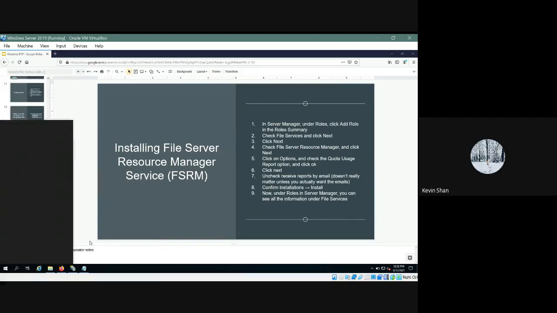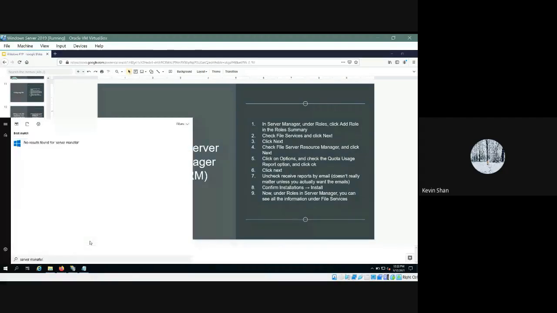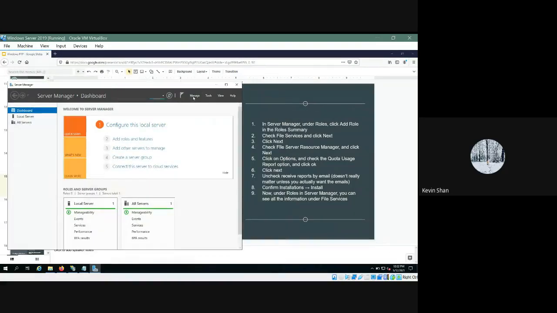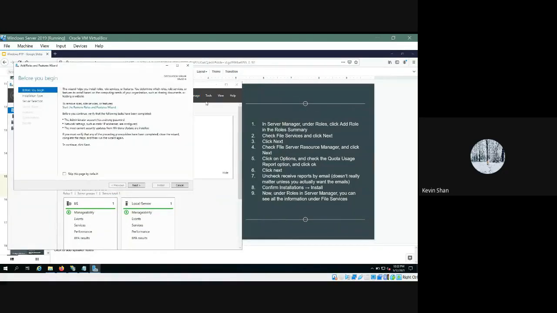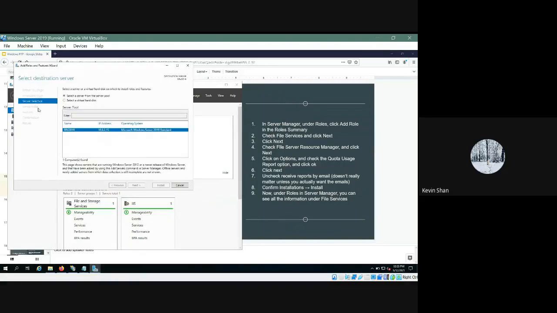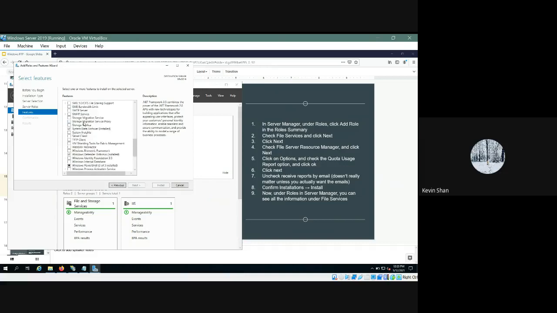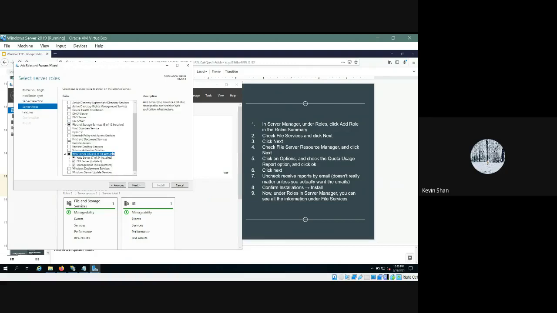So we're going to open up Server Manager again, and under roles and features, it's okay. It's right here, and you want to make sure that you've installed